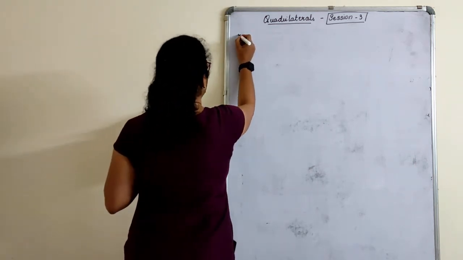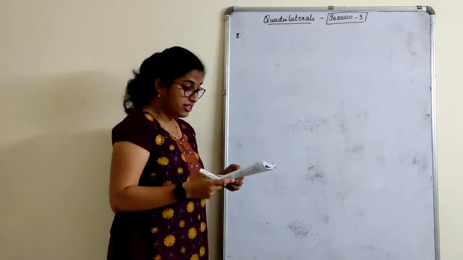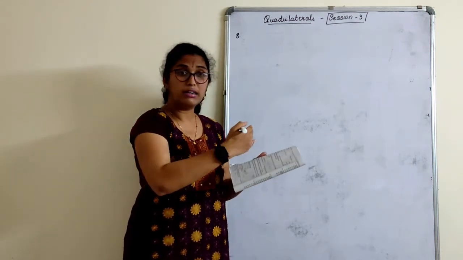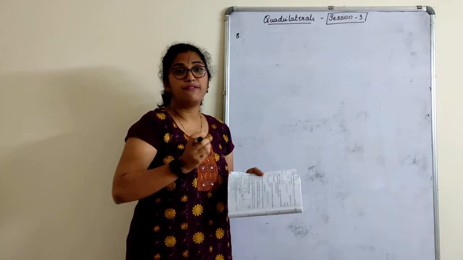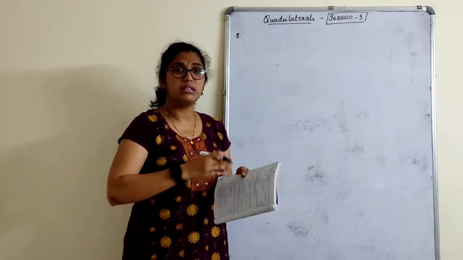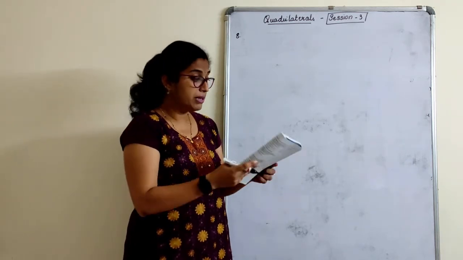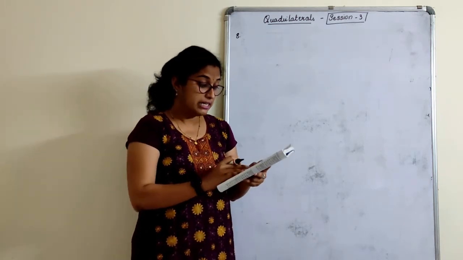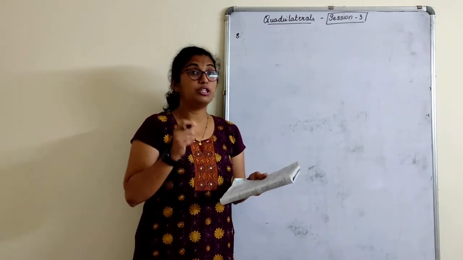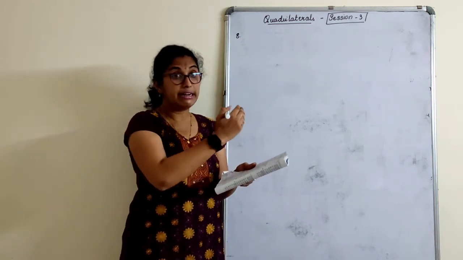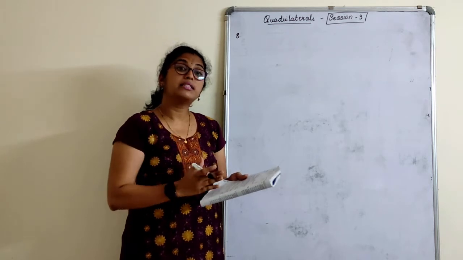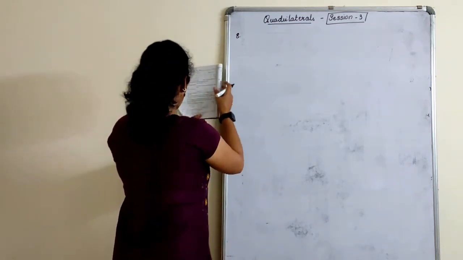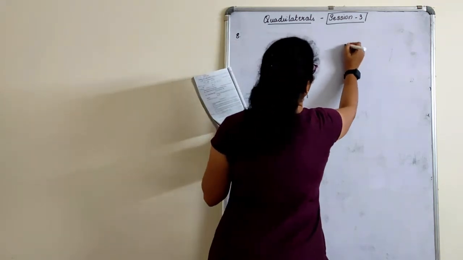Let's start with the 8th one. In this exercise, children, from the second sum to the 8th sum, we have typical types of sums where we have to prove that it's a rectangle, rhombus, or that diagonals bisect. But from the 9th question onwards, we again have congruency proofs. These are the most important sums. You need to practice a lot to get a thorough answer at the end. There are some worked examples on this also. Please practice them.